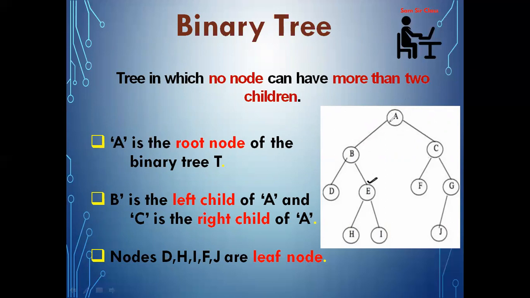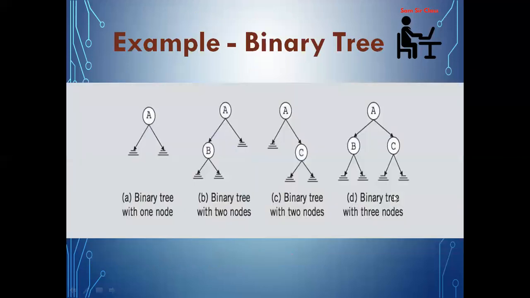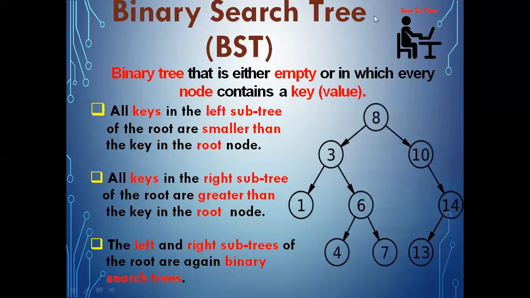We only have the rule that any node can have a maximum of two children, and that is considered a binary tree. But do you know which node is present at which position? No. So that means we will face a lot of problems while searching for a particular node in a binary tree, because there is no specific rule that this particular node will be present in this specific position. So for that we go to the next concept, known as a binary search tree.